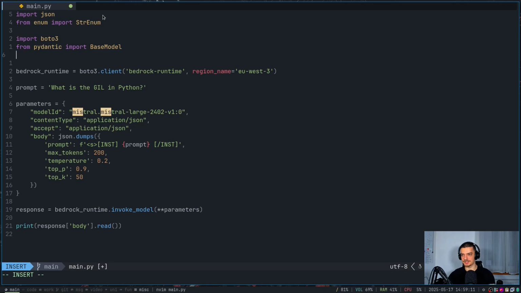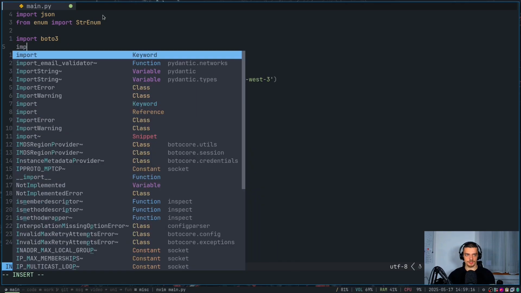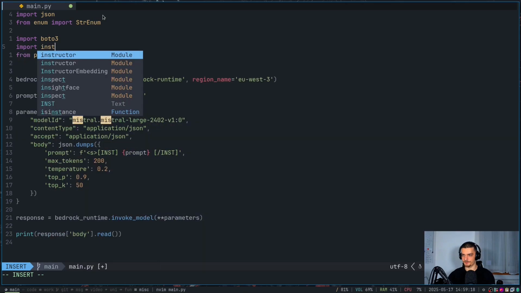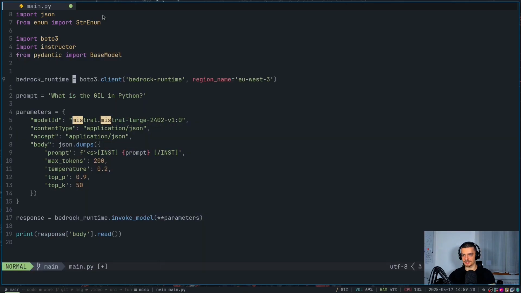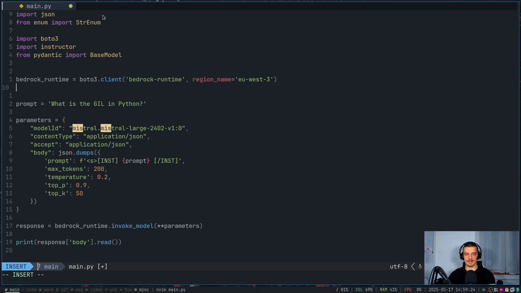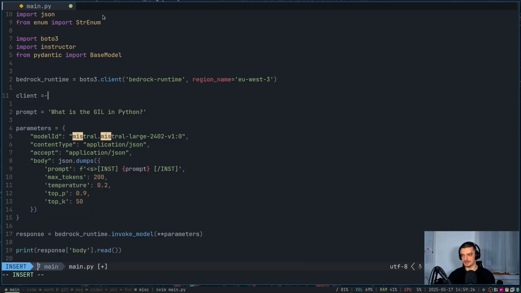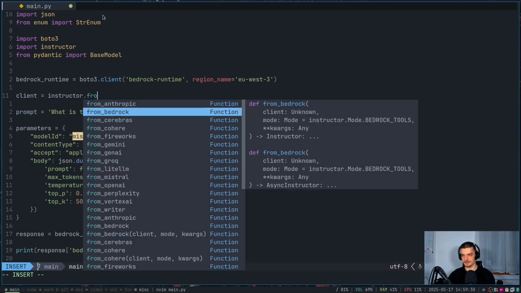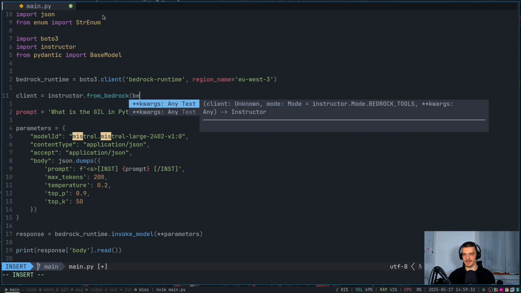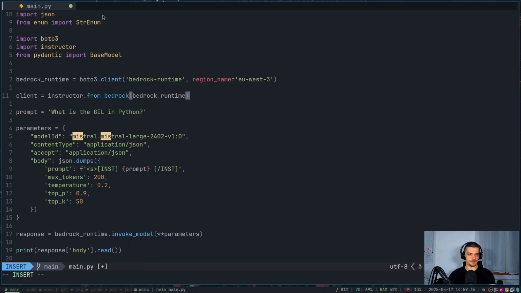And then we're going to just say import instructor. So I already have a video on instructor on this channel. What we're going to do now is we're going to have the Bedrock runtime still, and we're now going to say client is equal to instructor from Bedrock, and we're going to pass the Bedrock runtime. So this is going to allow us to do structured output, and we're going to do it by defining a